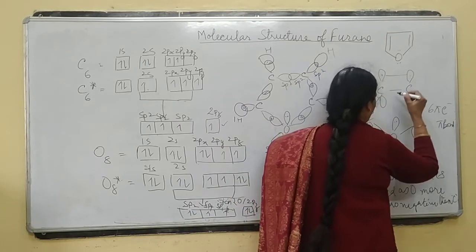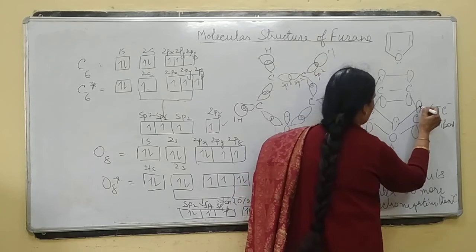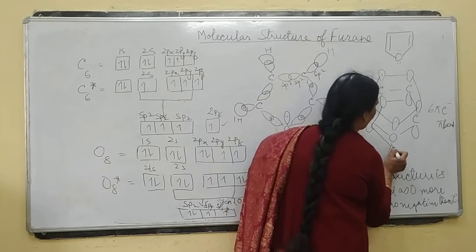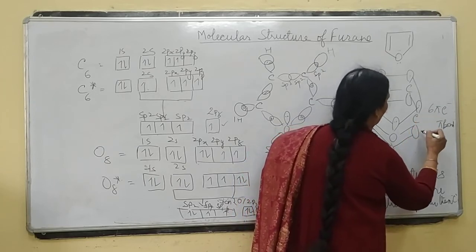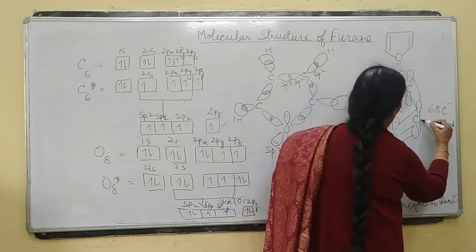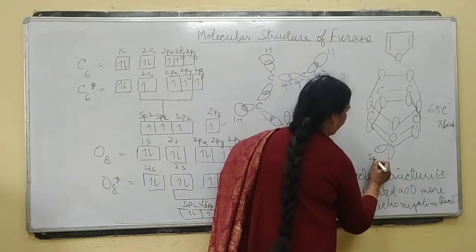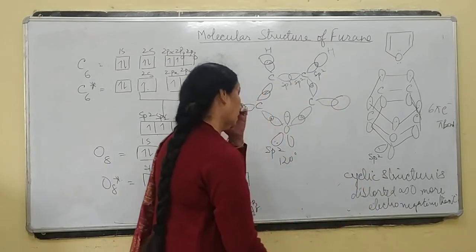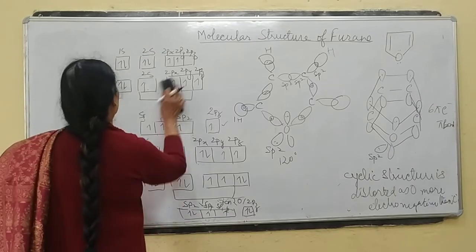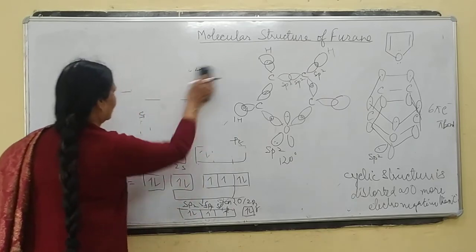We can show the sidewise overlapping of these. The sp2 hybridized orbital is in another plane. We can form the structure